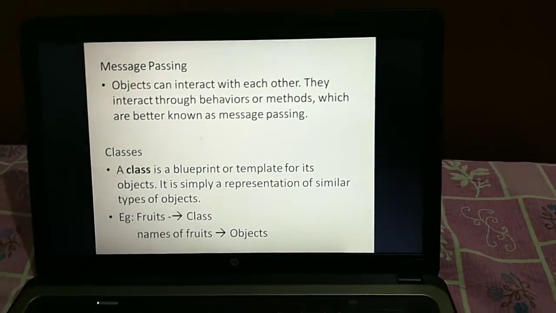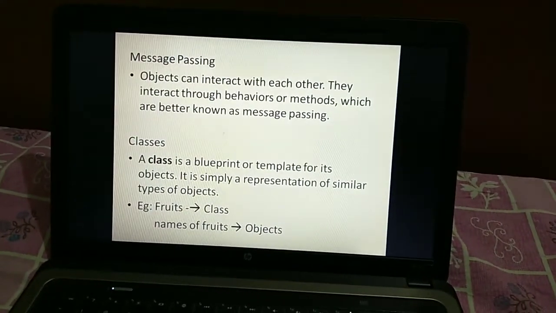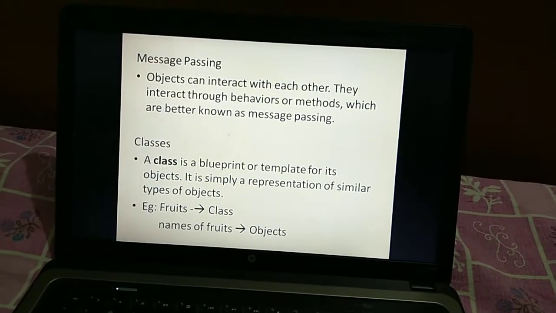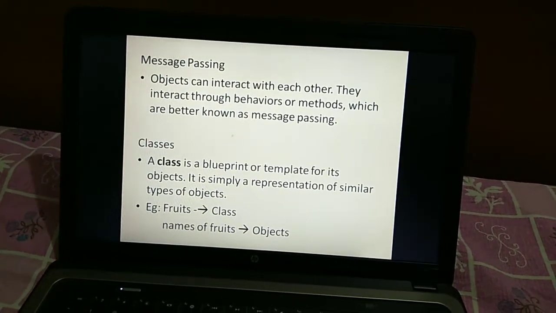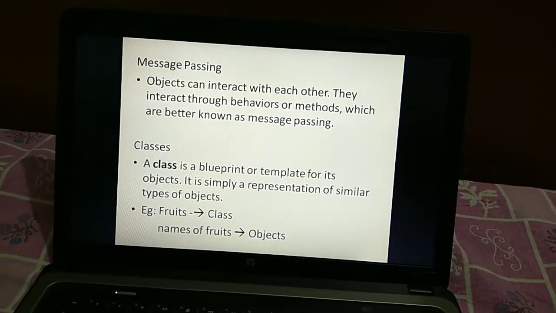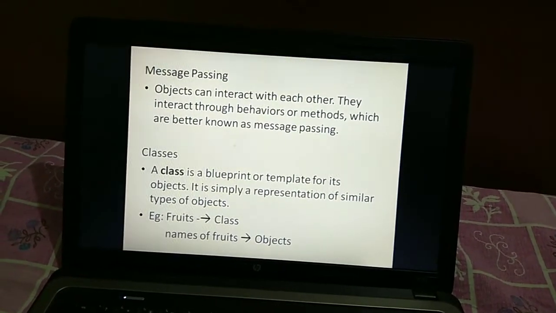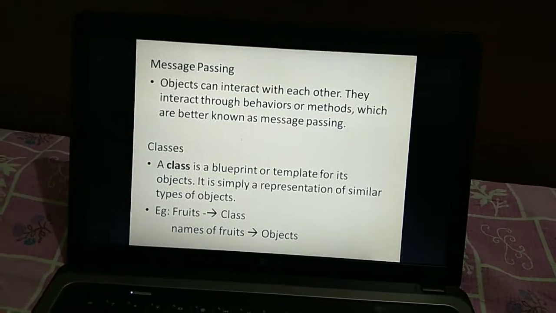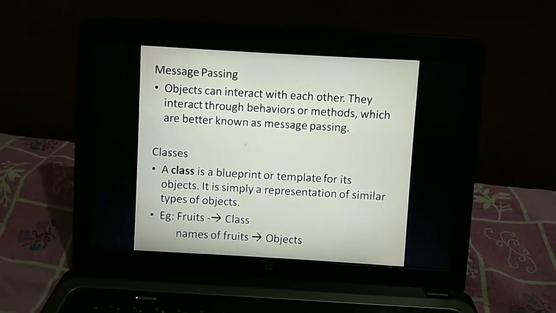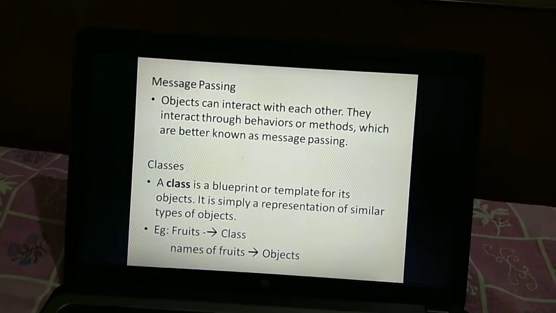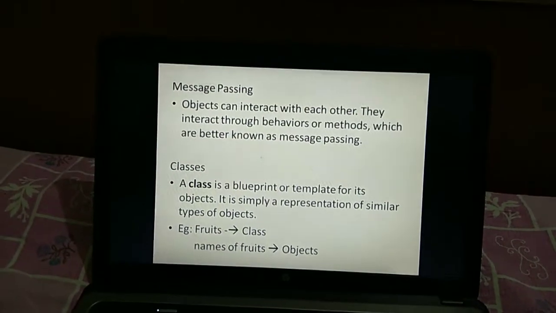Okay, next comes the topic called message passing. Objects can interact with each other. They interact through behaviors or methods, which are better known as message passing. So how are the objects interacting?